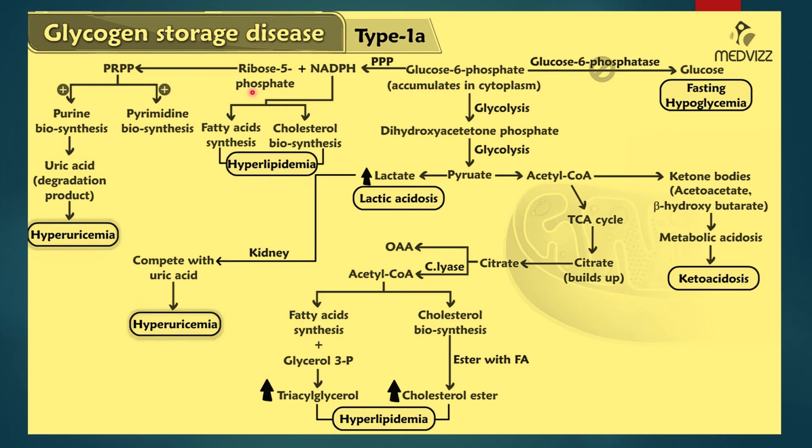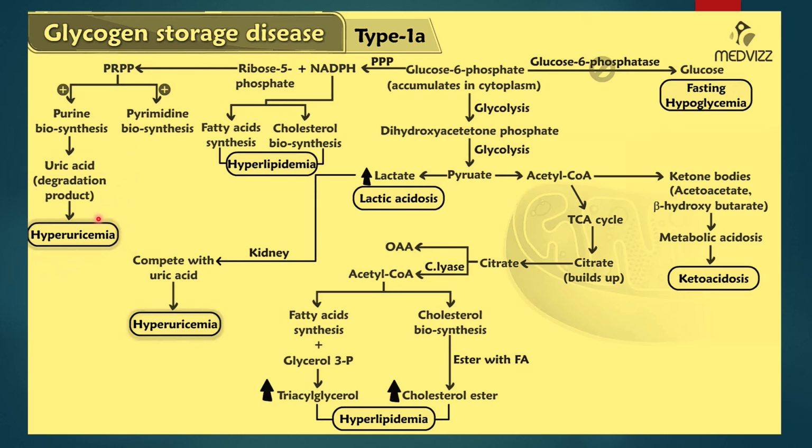Further, the ribose 5 phosphate is also diverted to the synthesis of PRPP, that is the phosphoribosyl pyrophosphate, which is a precursor for synthesis of purines and pyrimidines. So there will be excessive synthesis of purines and pyrimidines, and purine degradation will also be increased, and that will be in the form of uric acid, which is the degradation product of purine, and it will keep on